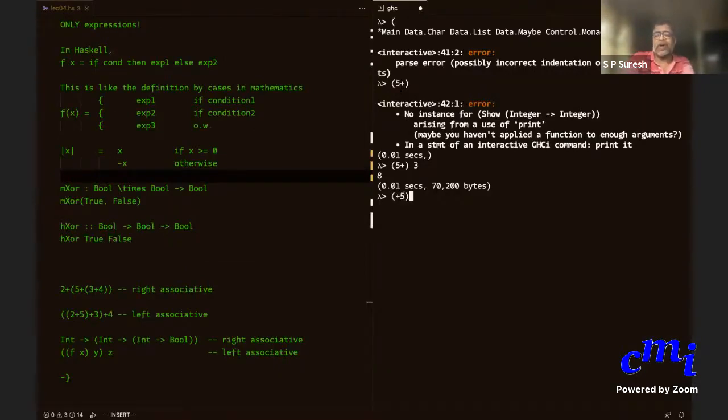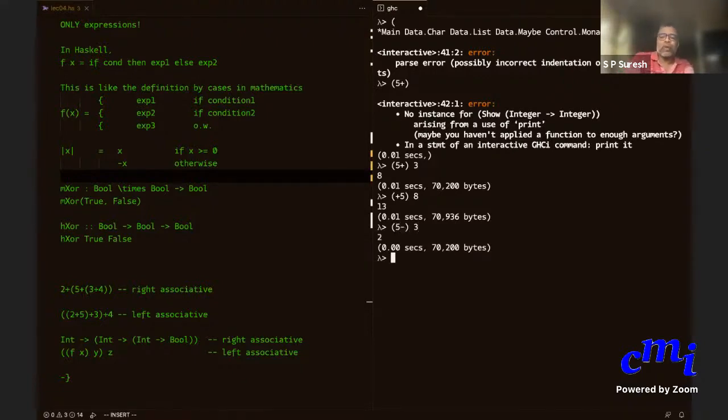So you are putting the 5 after the plus, and that's akin to fixing the second argument. Now for plus it doesn't matter, because plus is what is called commutative. Whether you do a plus b or b plus a, the value is the same. But for minus it matters, right? So we can actually see it. 5 minus of 3